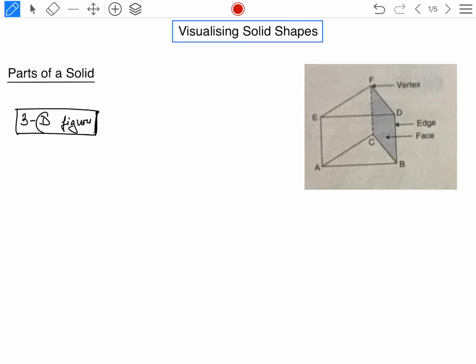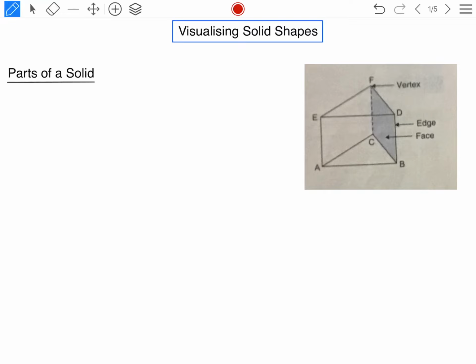The three dimensions are, D means dimensions, they are length, breadth and height. Height means you can say it as depth also. So wherever you are present you will find three-dimensional objects. For example, your desks, your bench, your box, your pencil, your pen, house, bricks, football, cricket balls, tables, everything, these all are three-dimensional figures.